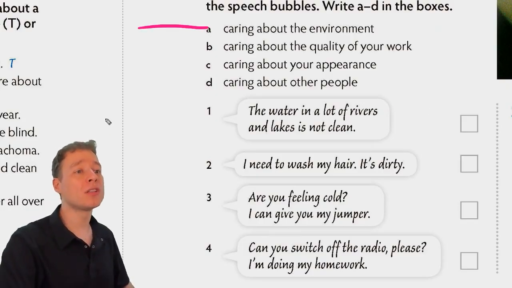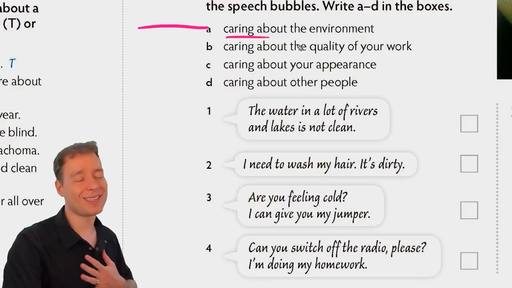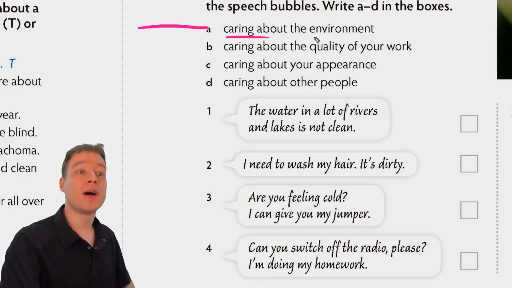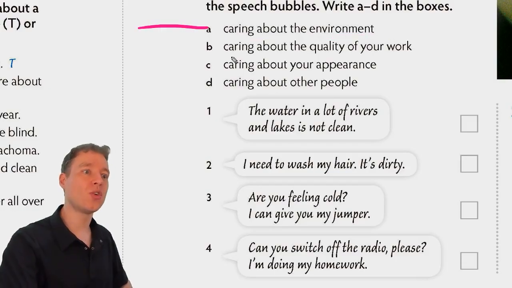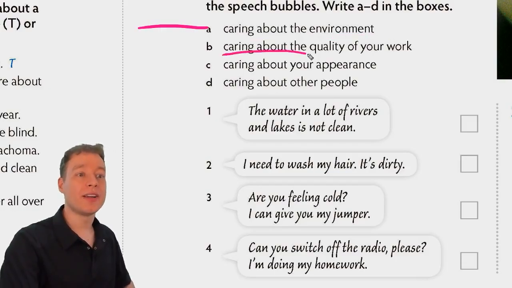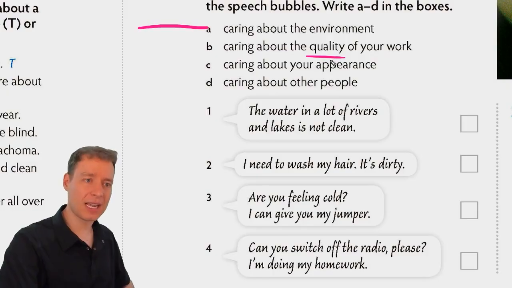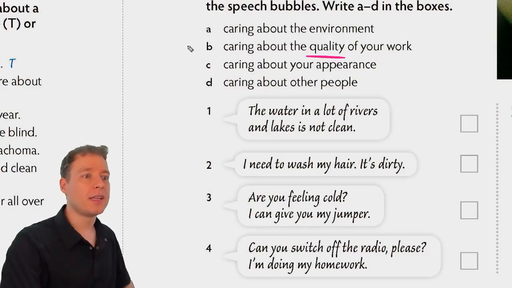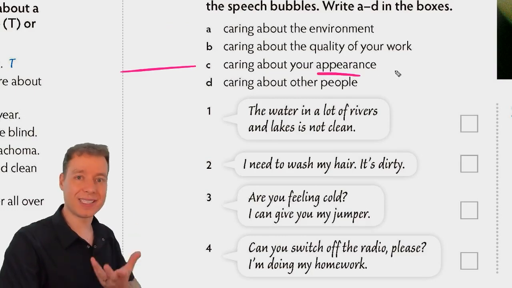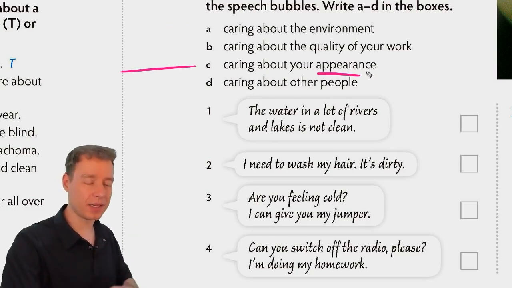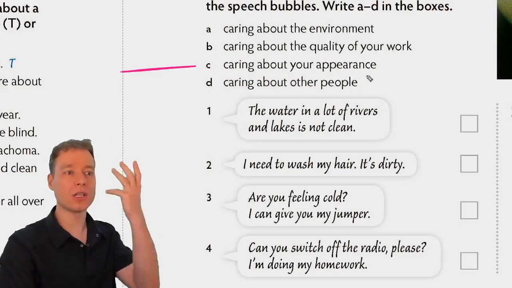Caring about 的意思是关心。Caring about the environment 关心环境，关心你的环境。Caring about the quality of your work 关心你的工作的质量，质量 quality. Caring about your appearance 关心你的外相，你的外貌，你 what you look like.